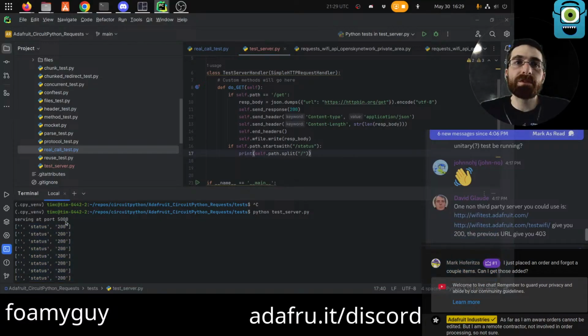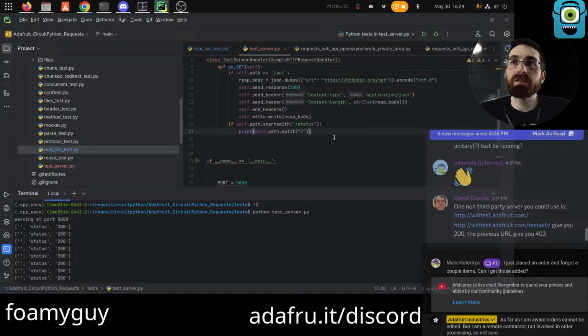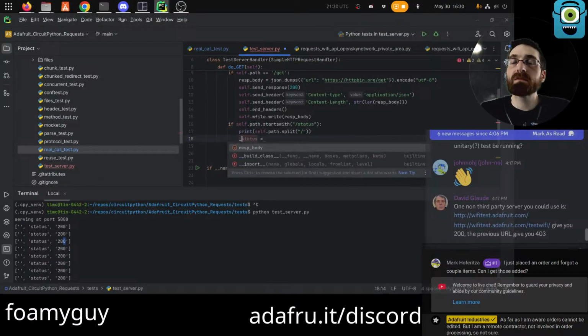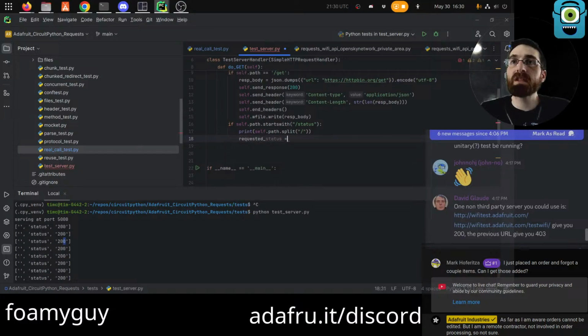Anyway, 0, 1, 2, we know that 2 is the index of our status value. So requested status is going to be self.path.split, index 2. And then we will return that type of status.